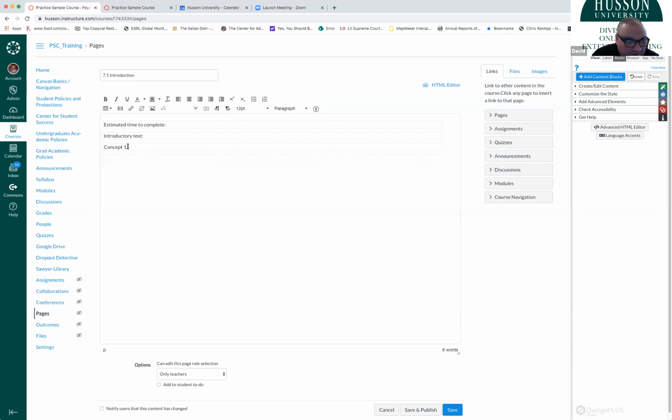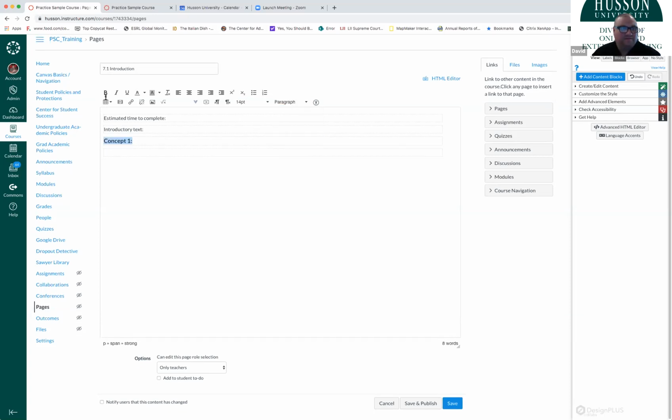And then you can make these bolder. You can increase the font sizes to make them like a header, right? You can even use header sizes if you wish. So you would have your concept 1, concept 2, and then underneath you would start in on your